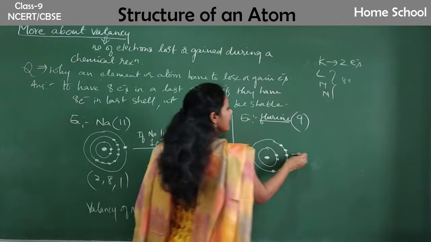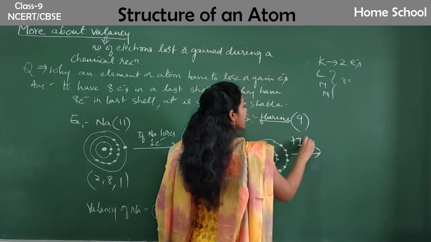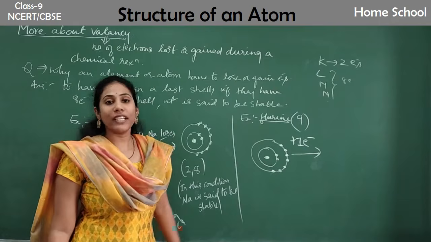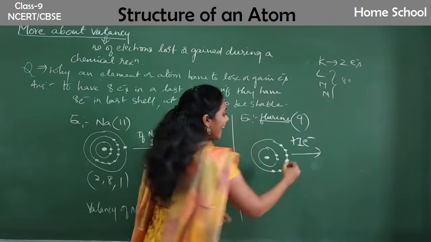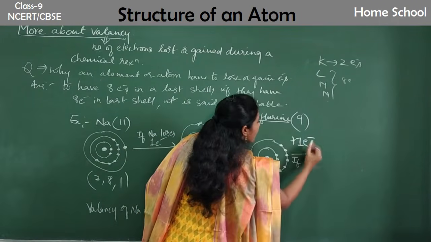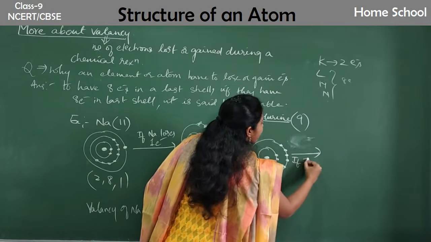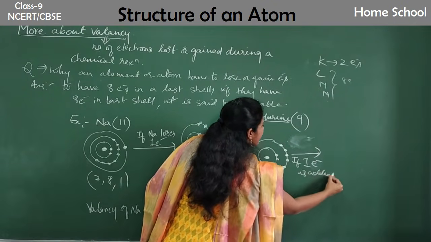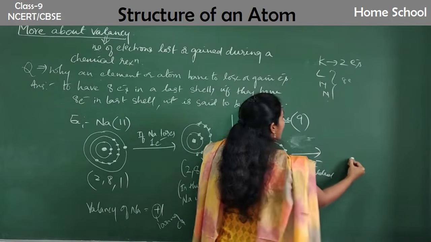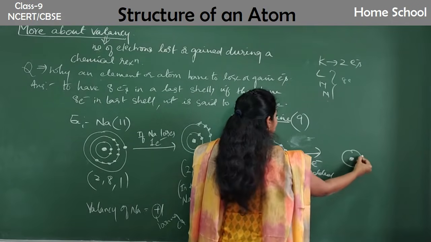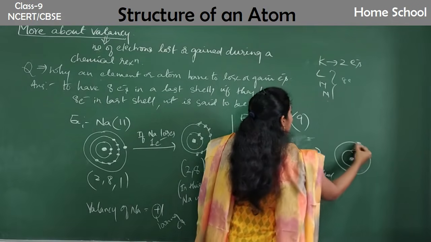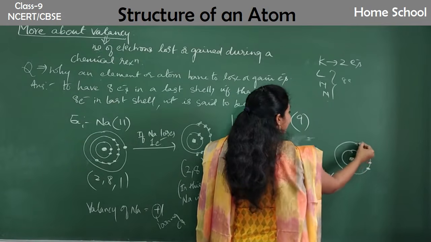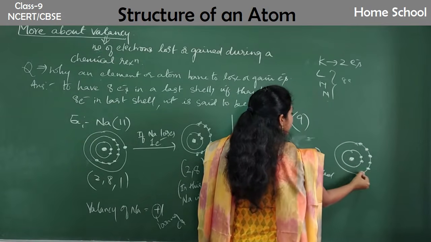Right? So during a chemical reaction, always 1 electron is added to fluorine. Clear? So if 1 electron is added, now can you tell me how I can write the structure? 2 electrons are there here. So along with 7 electrons, now it will take 1 more electron: 1, 2, 3, 4, 5, 6, 7.